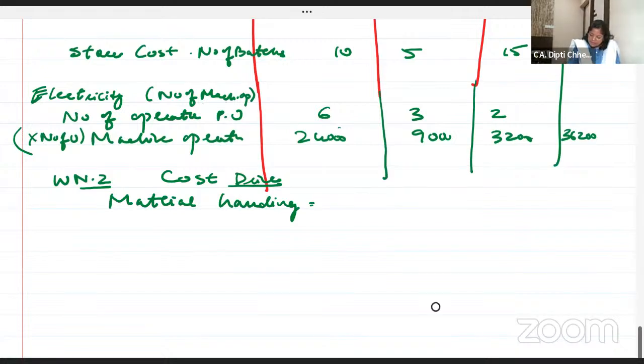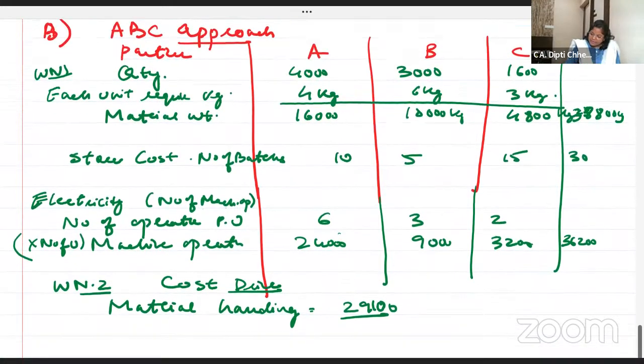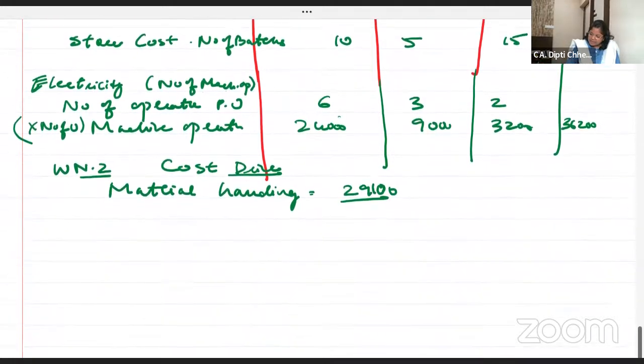Material handling. 29,100. Material handling is done weight wise. So 38,800. Material handling is